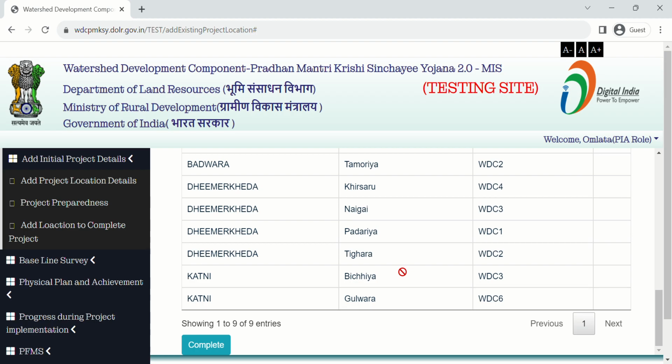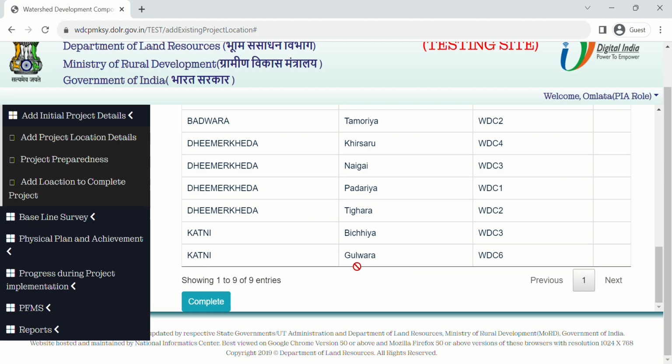After verifying the data, you have to complete the data. You have to press the Complete button for completing the data. After verifying your data, press the Complete button.